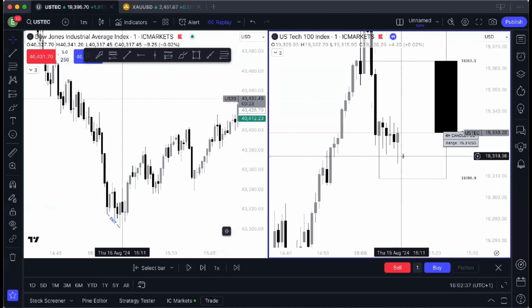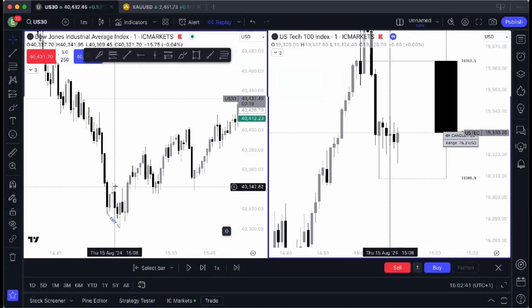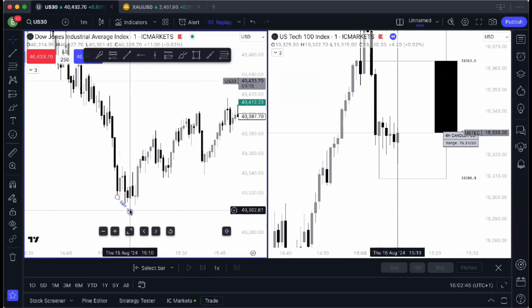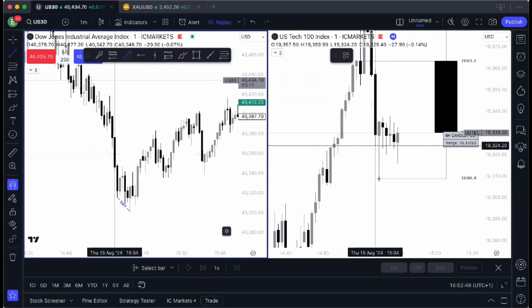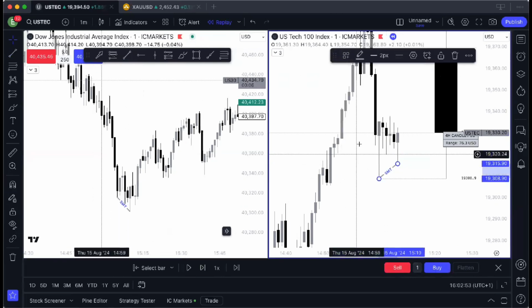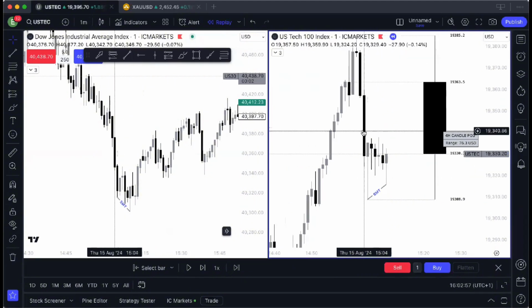So if you take a look at NAS 100 at this time, and then you look to the left and you have US 30. As you can see, US 30 made this low and we made a lower low. Okay, if we look at NAS, we have done the opposite. We have made a low and we have made a higher low. So this shows that the NAS is stronger,